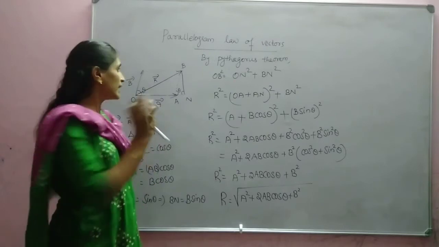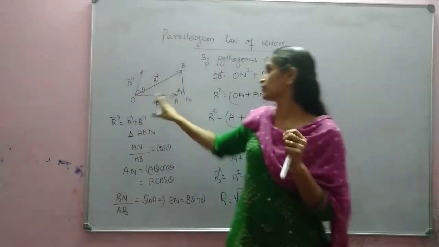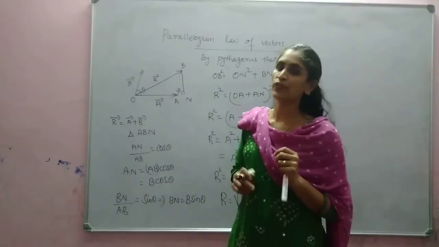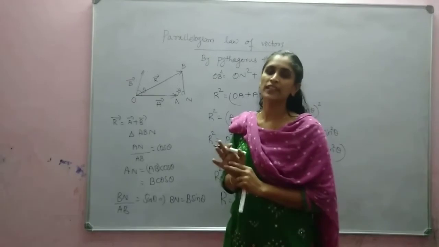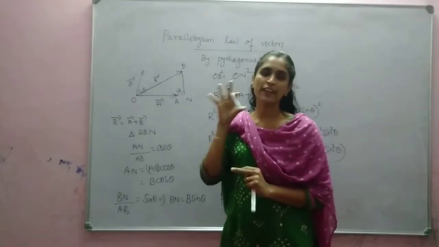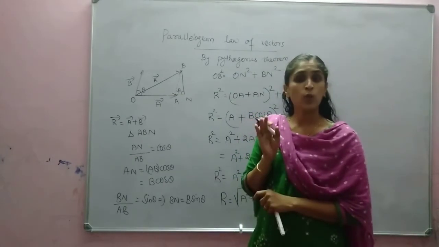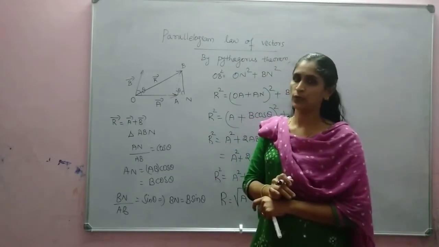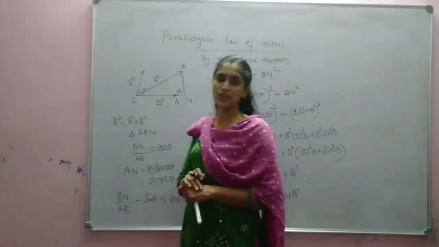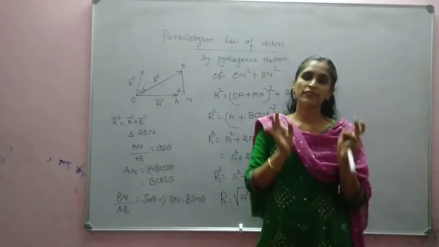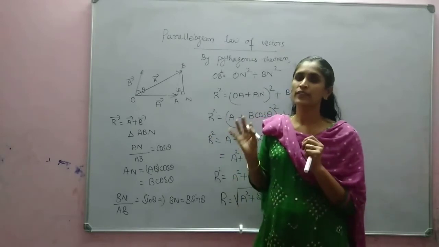We got only the length of the vector. Now we got the length of this diagonal. Now what do we have to find? If we find only the length, is it enough to represent the vector? No. If we are finding the length, we are getting only the magnitude, and now we have to specify the direction of that vector. How can we specify the direction? We can say this vector is making this much angle with this vector.